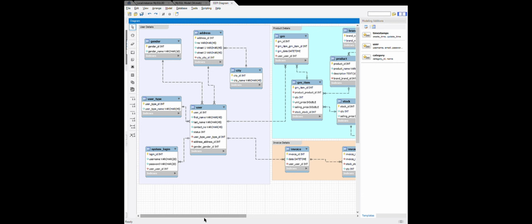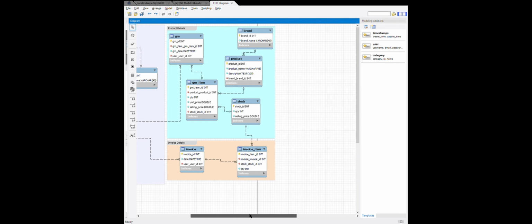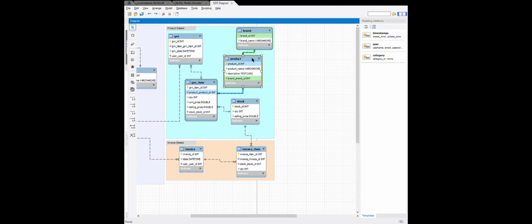Then our sixth one, the product and brand. We have our product table here, and our brand will have the smaller details of our product. So we can just take the brand ID here directly. That will also be a one-to-many relationship starting from the product table. Then next we have our seventh question, record the relationship between user and GRN